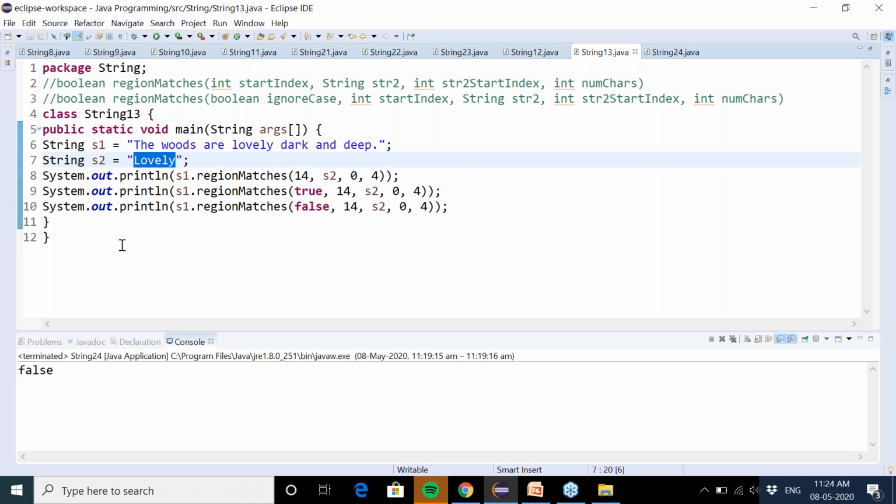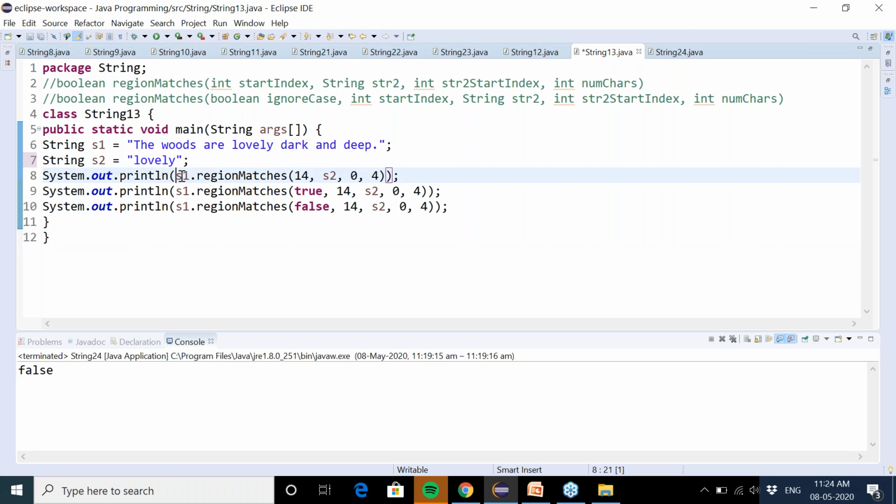So here, if I change the second string to this one, lovely, L is small over here. So I'm calling the function s1.regionMatches. s1 is the source string. We want to start matching from the 14th index number.